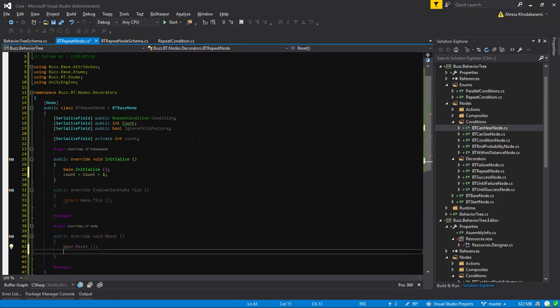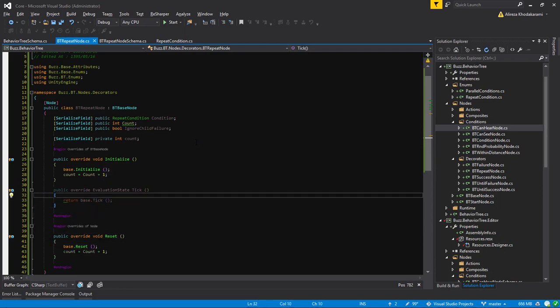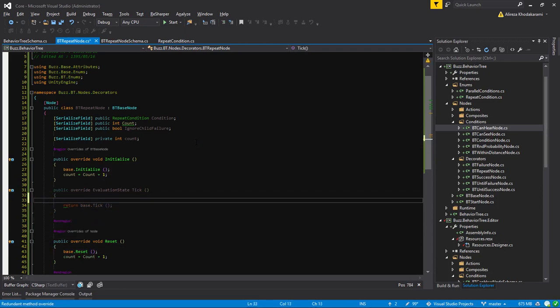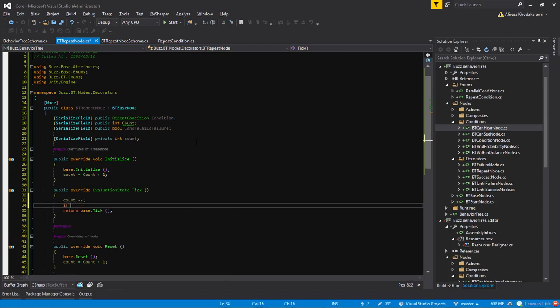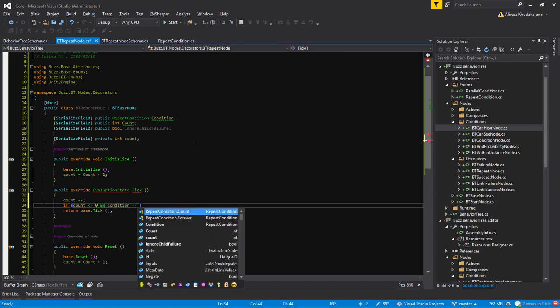So here we say count equals the capital Count plus 1. Now, in here, you say count minus minus. If count is less than or equal to 0, and the condition equals count,